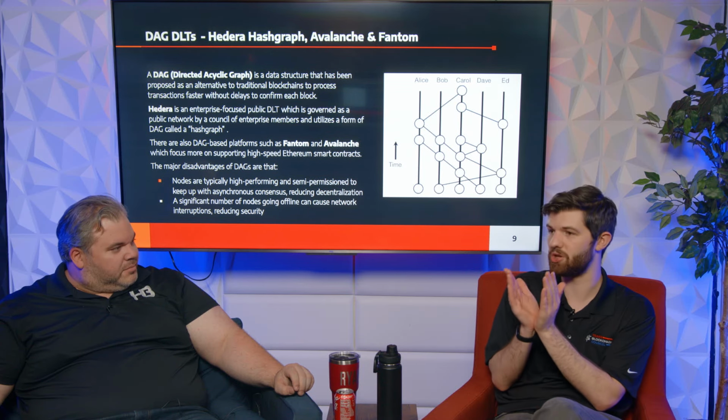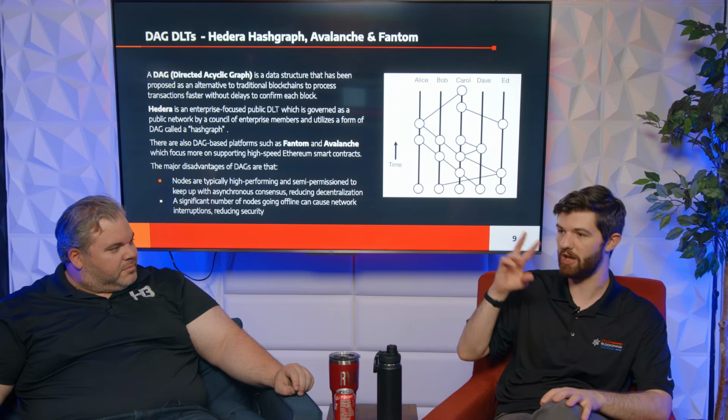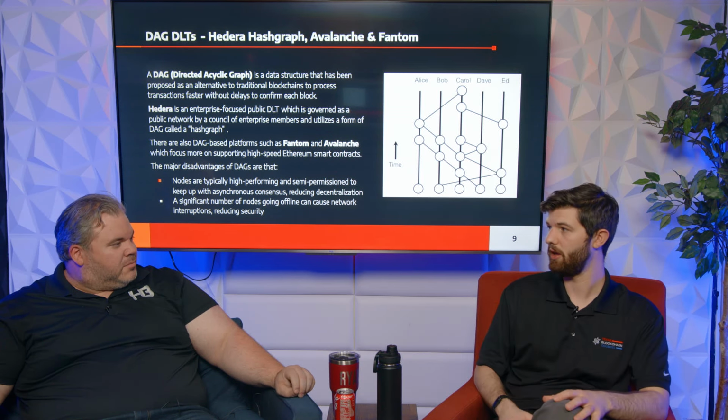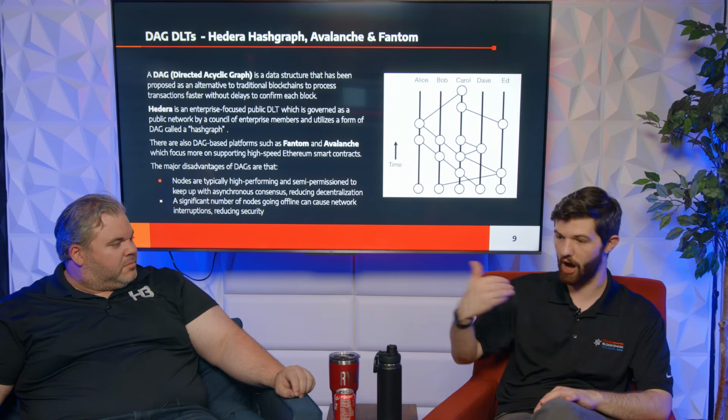Whereas with a DAG, the idea is, we can process each transaction individually. We can let it gossip between nodes. And when it reaches a certain majority of nodes, let's say 2/3 of the nodes, we're going to consider it automatically confirmed. So, basically, if you're a node and you receive a transaction, you're going to look at it, verify it, validate the signatures are correct and the smart contract operates correctly, and you're going to forward that to the other nodes, probably several nodes. By virtue of just sending it onwards, of gossiping, you've signaled your support for it.